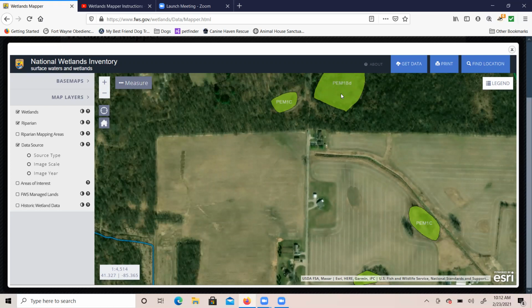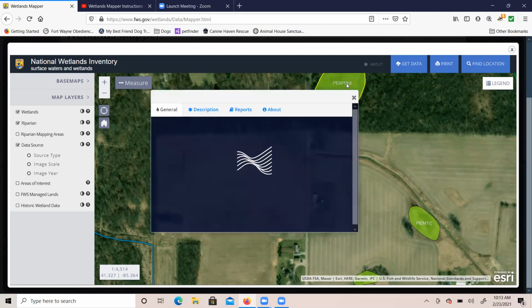PEM1BD. That this area we're interested in even appears in Wetlands Mapper as a polygon means that it is a potential jurisdictional or regulated wetland within the National Wetlands Inventory, pending detailed field verification. Information specific to this wetland is obtained by clicking on the polygon itself, and that will bring up a little